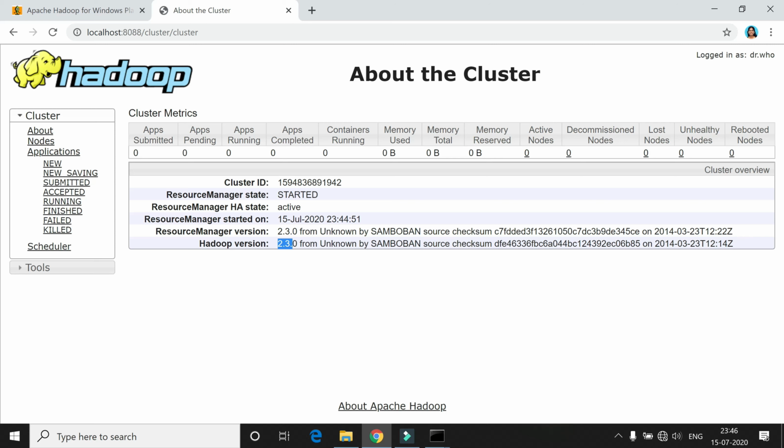Here you can see 2.3.0, so it has been successfully installed on your computer.